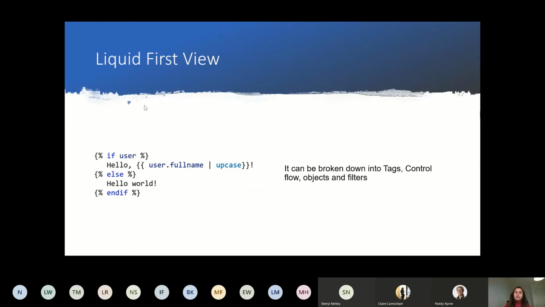So to print anything, we use the symbol double curly braces to start and double curly braces to end, and in between you can print the variable, the way we do console.WriteLine in C#, or alert in JS, to see whether the output is coming correctly or not. So this is the basic syntax that we are going to start with. If user is logged in, please print the user.fullname in uppercase. Else just print hello world, and end if. Whatever tag we start, we need to end that tag, except the printing tag. Otherwise we always need to end the tag. We'll be seeing that example soon.